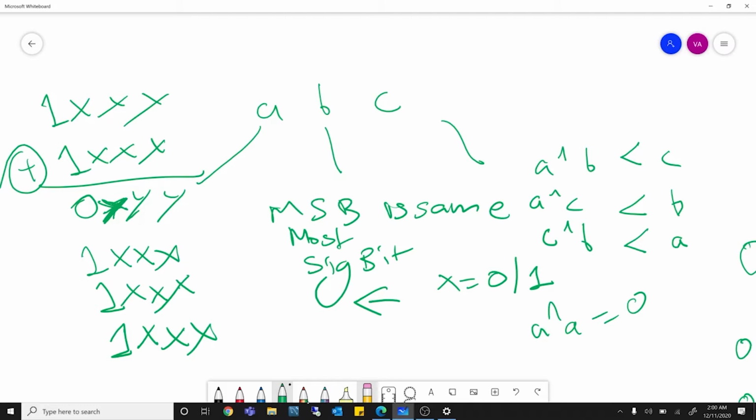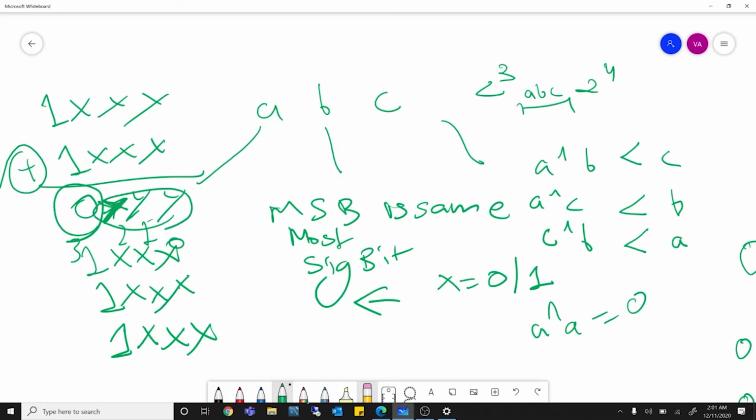This will become some y. So you can see if the most significant bit has become 0, that means the number is going to be definitely smaller. So in this particular case, let's say this was at the 0, 1, 2 and third position, so that means all A, B and C were lying in the range. These numbers are lying between 2 to the power 3 and 2 to the power 4. So all A, B and C were lying somewhere over here.